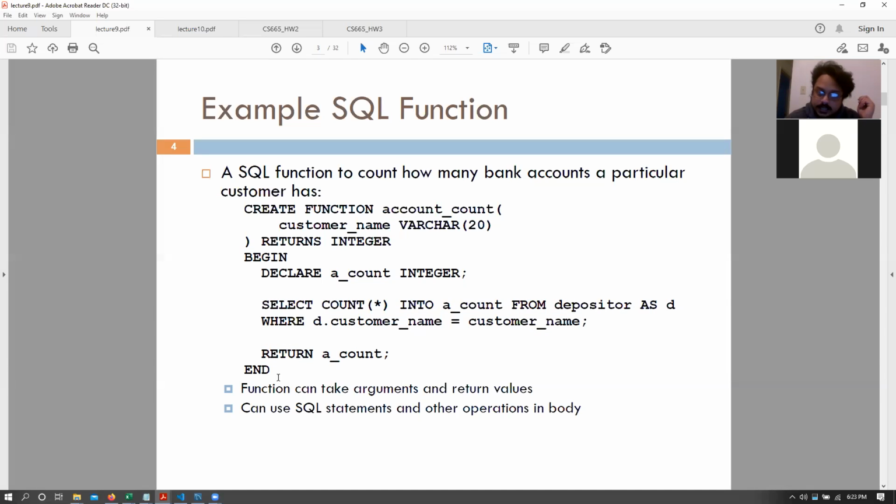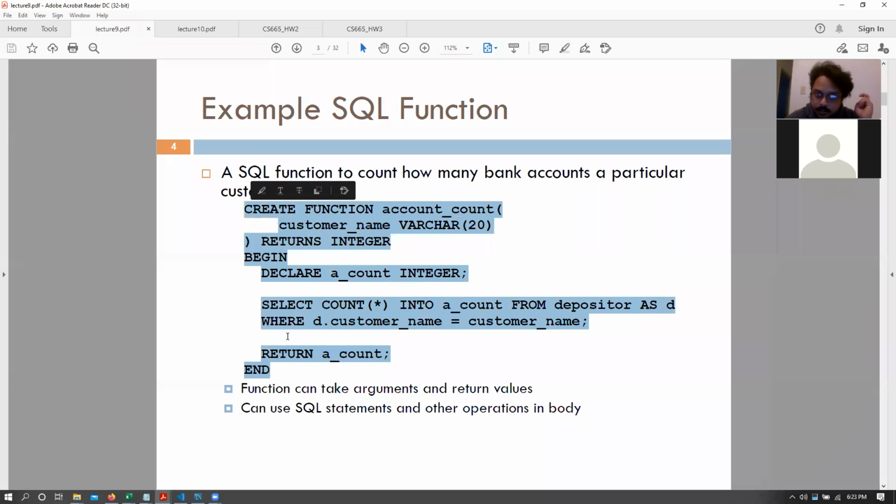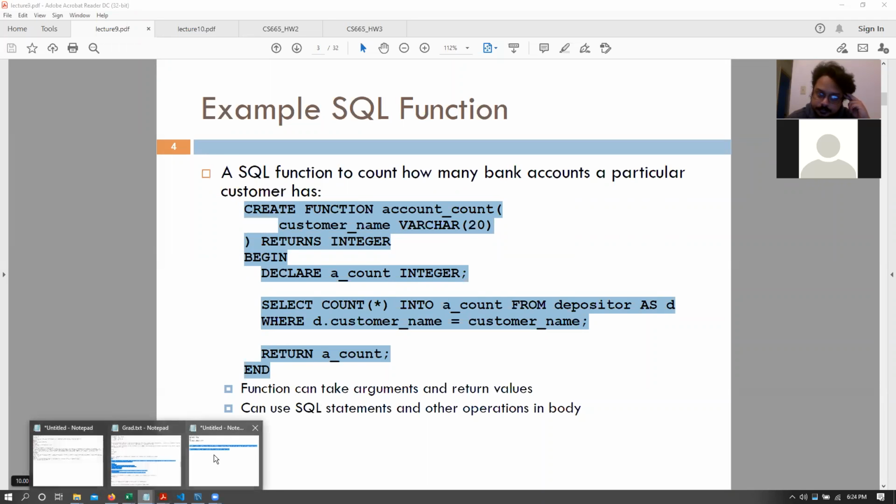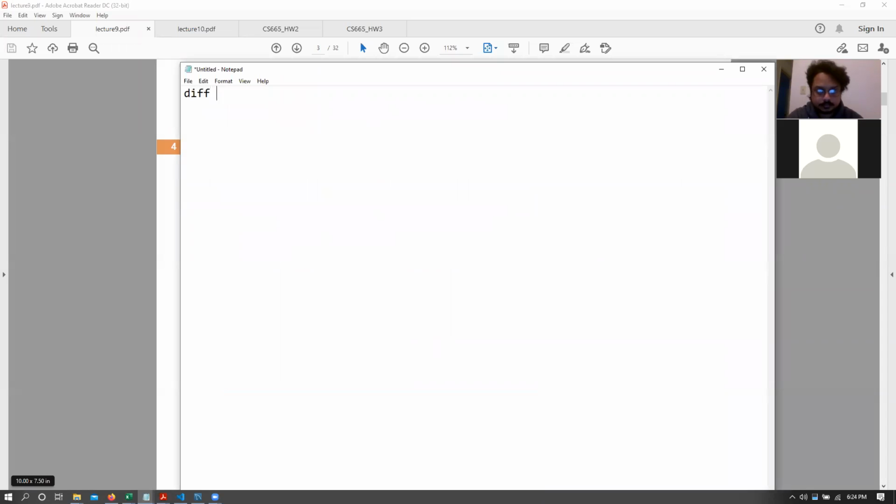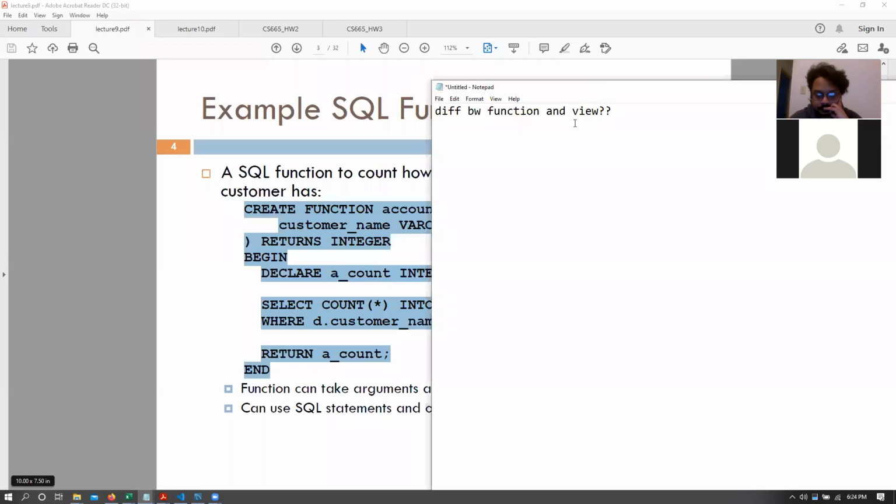So can someone tell me what is the difference between a function and a view? If I can use both a function and a view to execute a certain set of queries, what are the differences between functions and views?